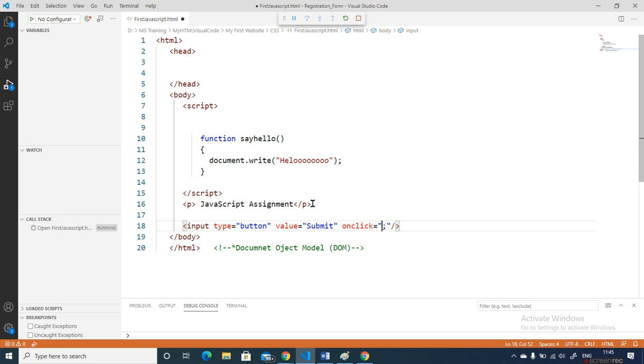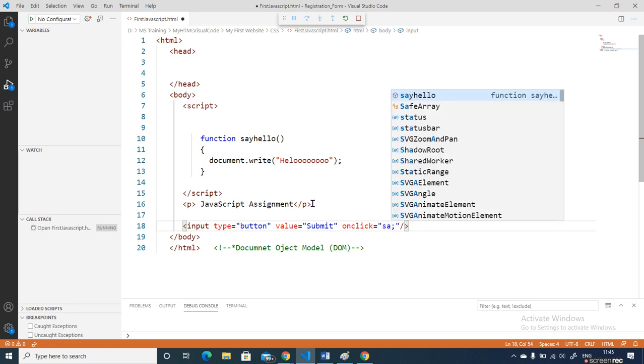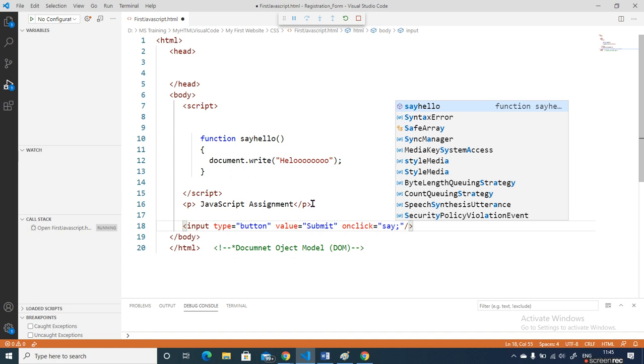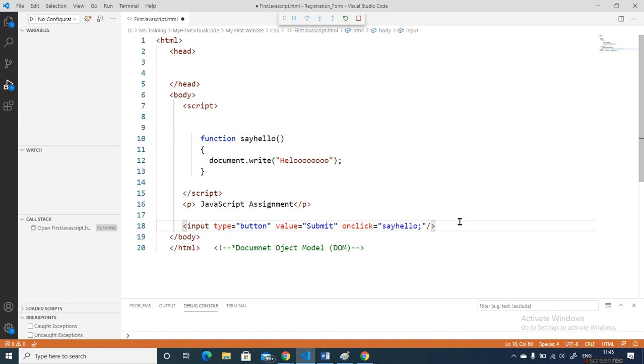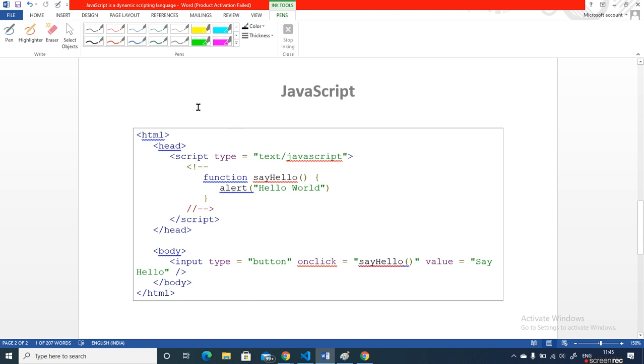I call sayHello. You can see here function sayHello, and I call this function here and save this. Now once I click this, it calls this function, and it does document.write hello.